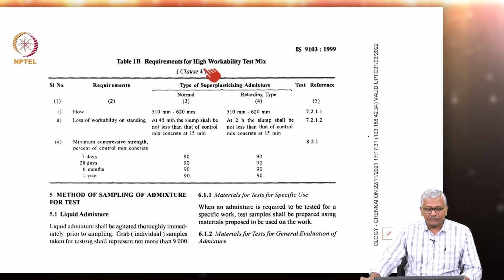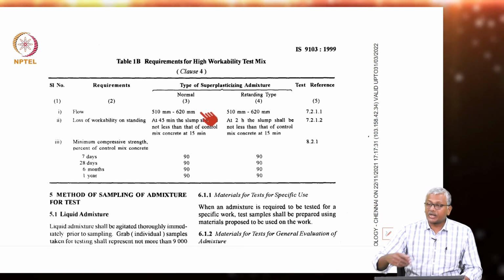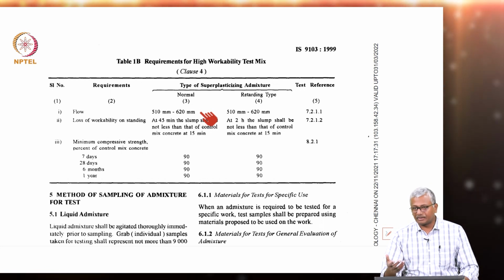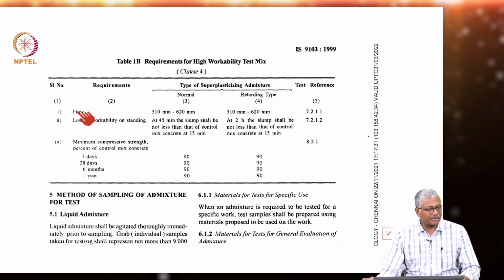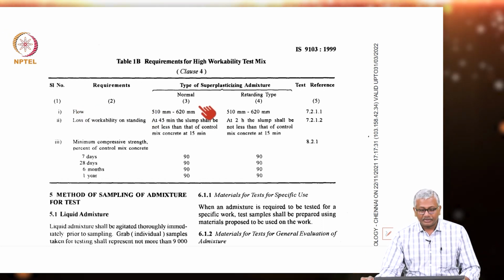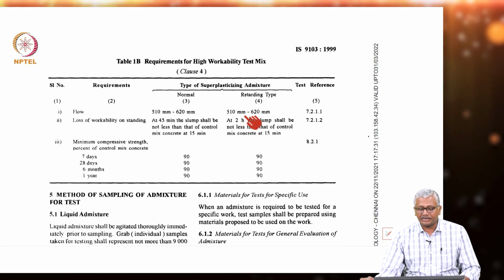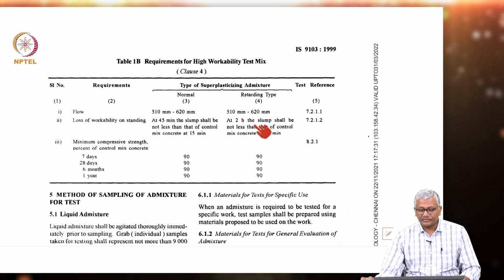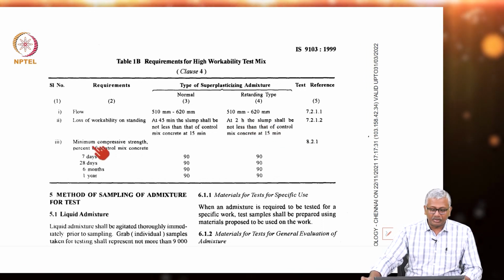So, here are the requirements for a high workability test mix. Here they are also identifying the fact that these chemicals are used for producing self-compacting concrete. So, flow needs to be measured in self-compacting concrete, a slump flow. For normal and retarding type, the flow requirement is the same, 510 to 620 millimeters. Loss of workability again is similar to what I already described in the previous table, right, for normal workability, and